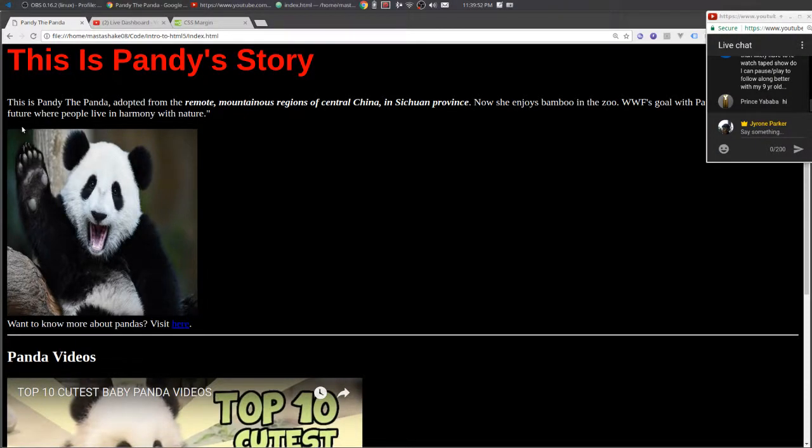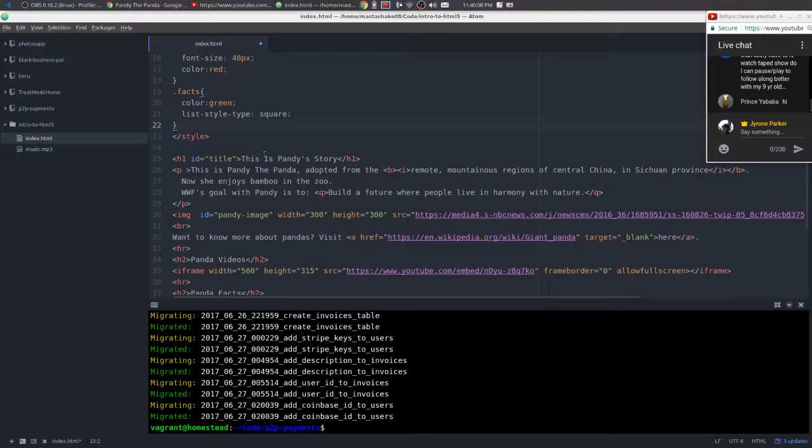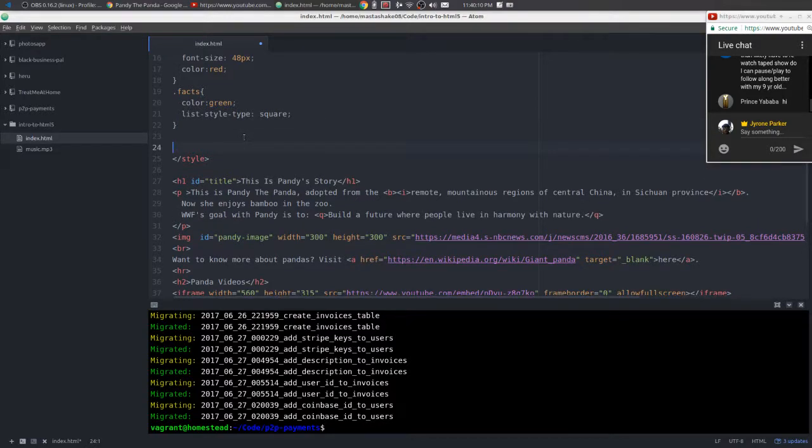So we're going to put a margin around it. We want everything around it to be pushed out 10 pixels. So we're going to do hashtag Pandy image